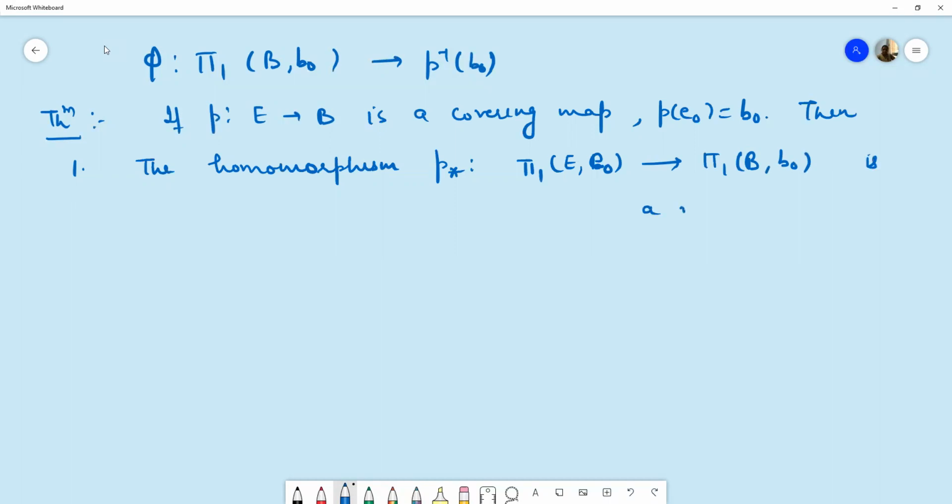We already know that whenever we have a continuous mapping, say from E to B, then there is a homomorphism induced by this continuous map, and that is given by this P star, from the fundamental group of E to the fundamental group of B. So in this theorem, we will prove that if P is a covering map, then it is a monomorphism actually. Secondly, we will prove that if H is the image of this mapping P star,